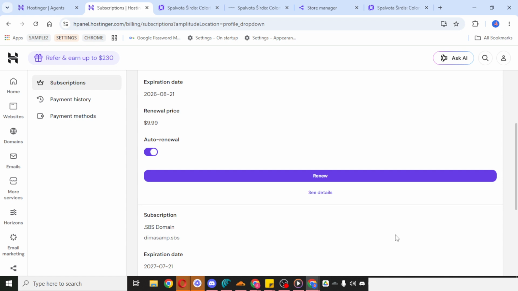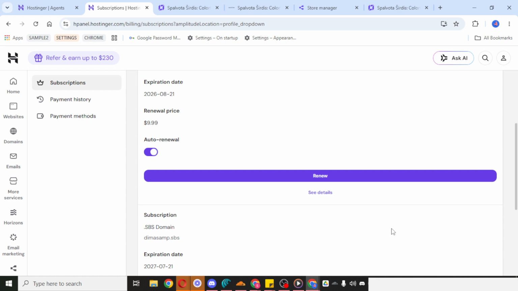After selecting that payment, you can proceed with completing it. At this point, you'll simply follow the on-screen prompts provided by Hostinger to finish the payment process. As long as you are in the correct subscription and payment entry, you're in the right place. And that's it. That's how to complete a payment in Hostinger.